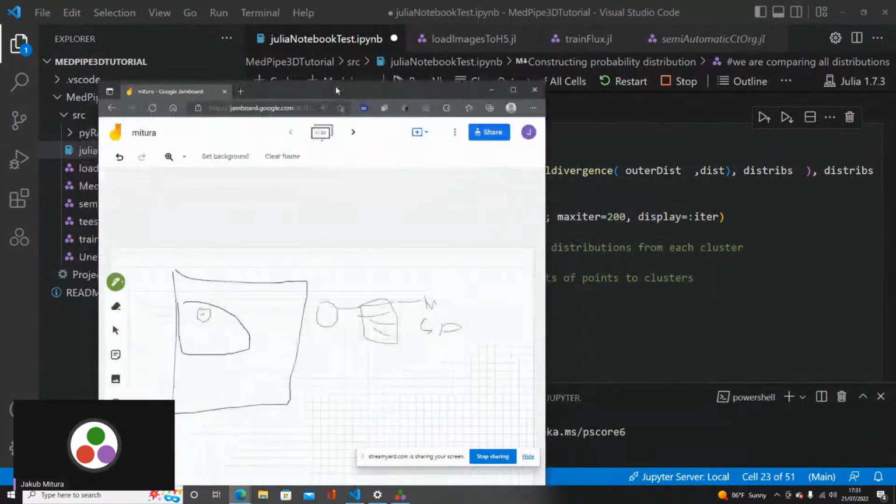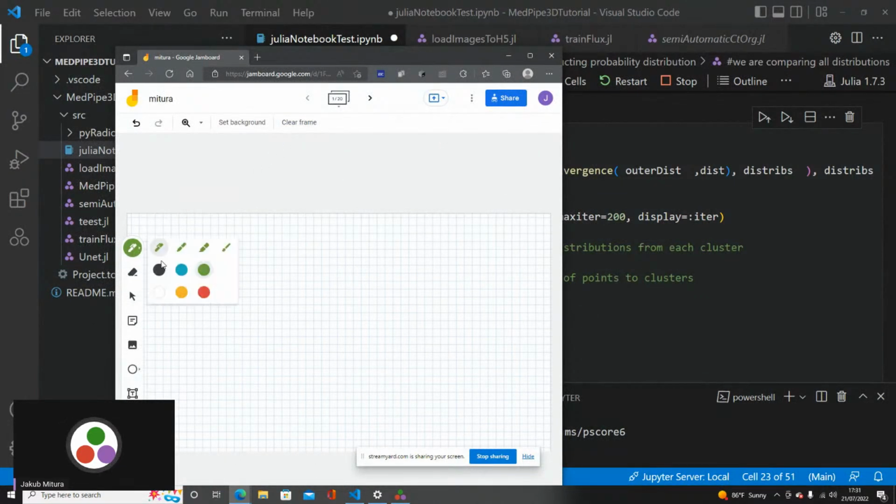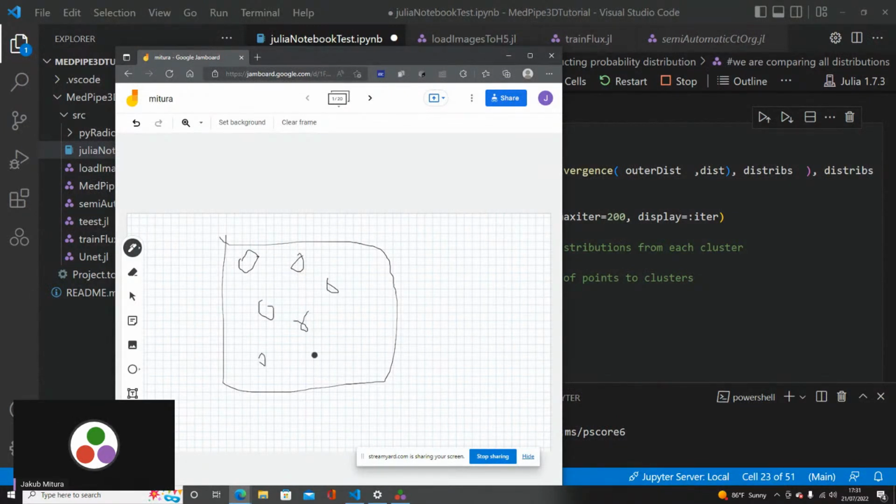Basically, from all of the probability distributions that are present, it compares them using the Kullback-Leibler divergence and checks where each probability distribution is in this space defined by the Kullback-Leibler distance, whether they are similar or dissimilar. The clustering just puts similar distributions in the same clusters.